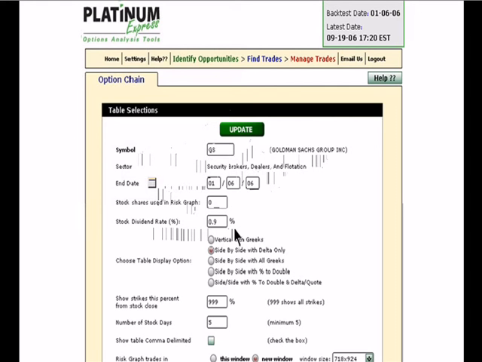4. Stock dividend rate, percentage. You have the ability to change the dividend payout percentage if you so choose. Platinum will